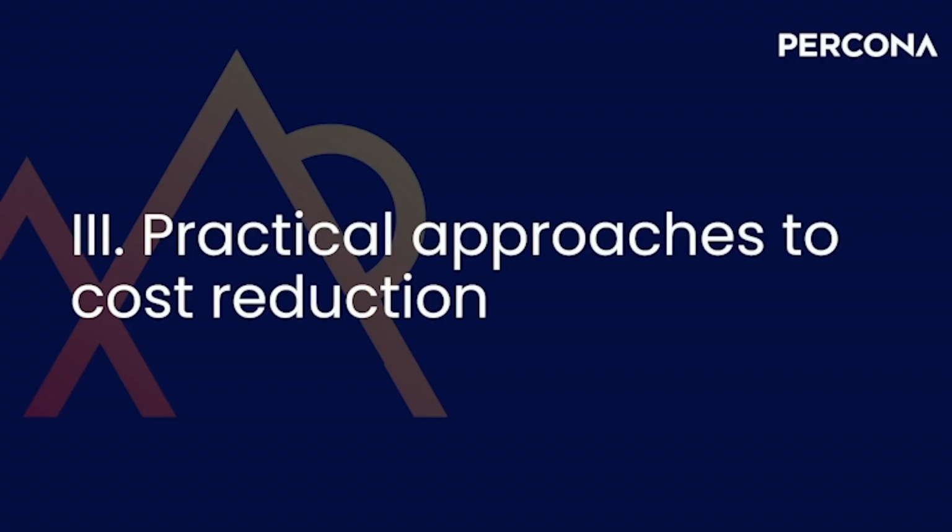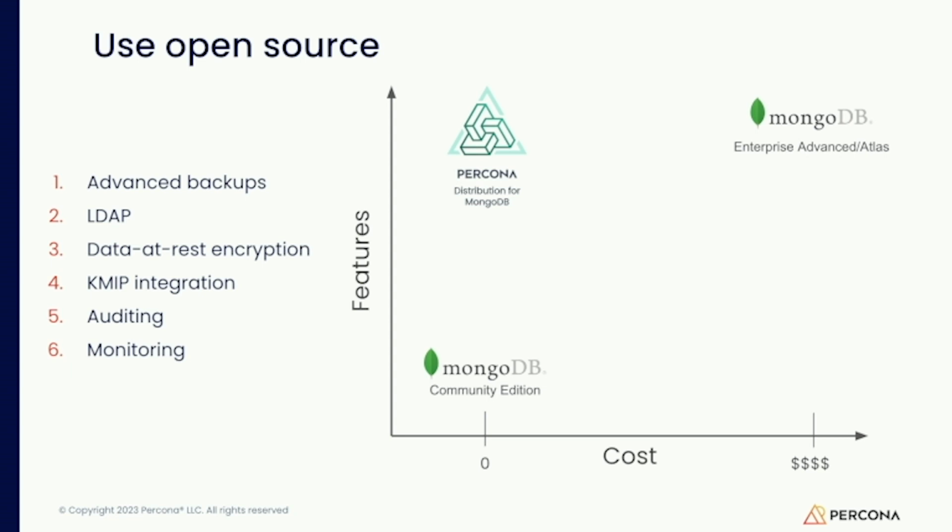So once we are here, let's have a look at how this solution, so basically Kubernetes operator and running MongoDB on Kubernetes, can actually save you money on infrastructure. Well, first and foremost, as you need all those features that we sometimes call enterprise features, you should look at open source solutions. And one of the solutions that is a really important piece in all this is Percona